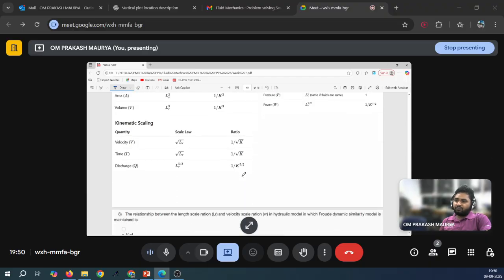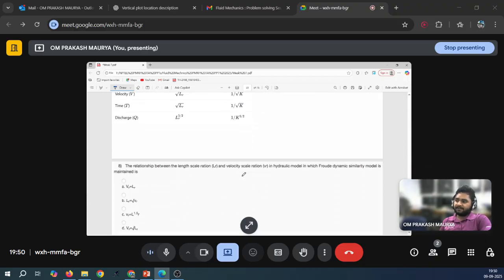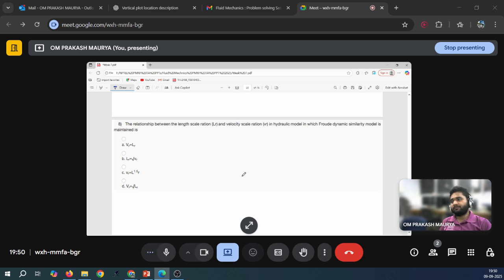So now let us move to the next question. Very important. Again, this is very important. Question 8: the relationship between the length scale ratio LR and velocity scale ratio VR in a hydraulic model in which the fluid dynamic similarity model is maintained. Here the condition is given, remember please. The fluid dynamic similarity model is maintained means